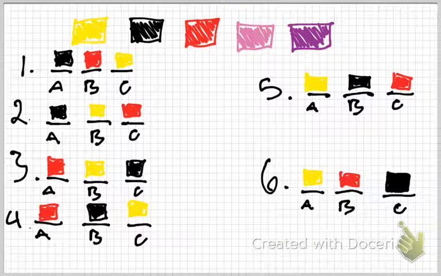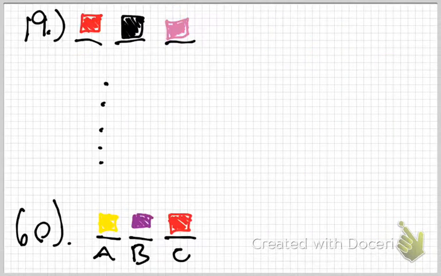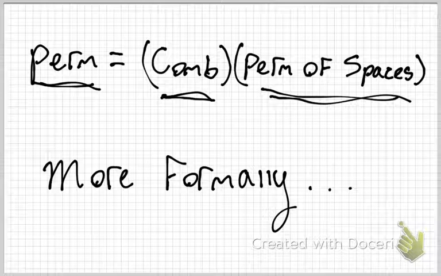So going back to this example, take the combination black, red, and yellow. The total number of permutations within these three selected siblings is going to be 3 factorial: 3 times 2 times 1, which is equal to 6. Okay. So let's use that fact. The total number of permutations is equal to the total number of combinations times the total number of permutations within